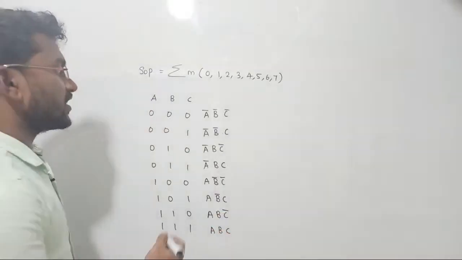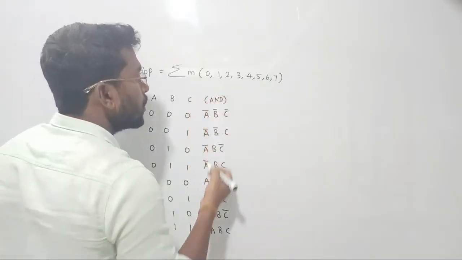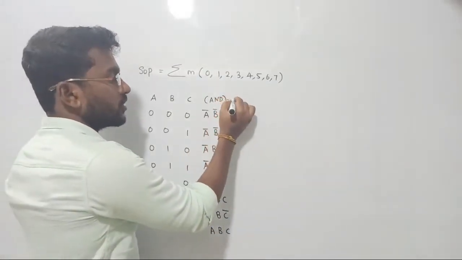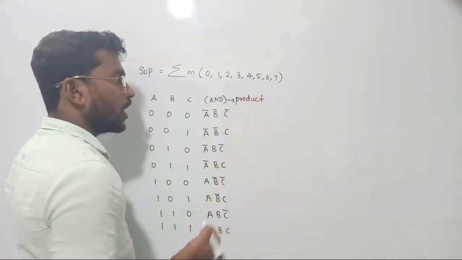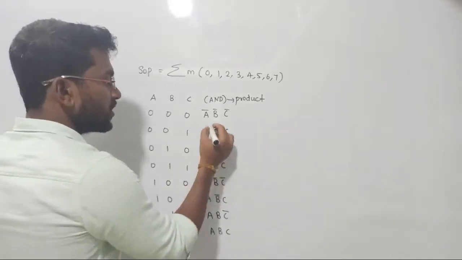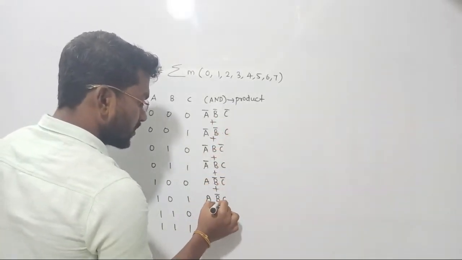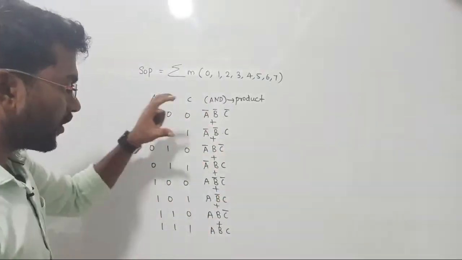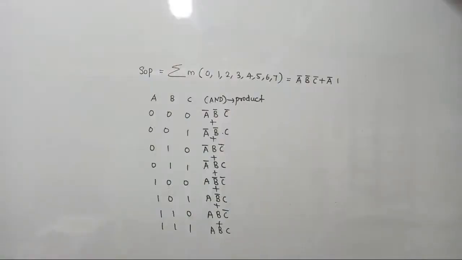Of course, first we performed the AND operation. What operation have we already performed? The AND operation. That is called product. In digital, AND is called product. Now I'm requesting you to perform the OR operation. OR operation means just add all these groups. Clear? If I add all these things, summation of min terms means,